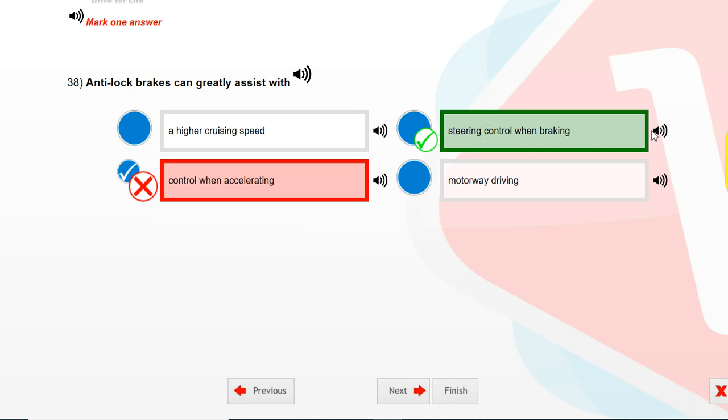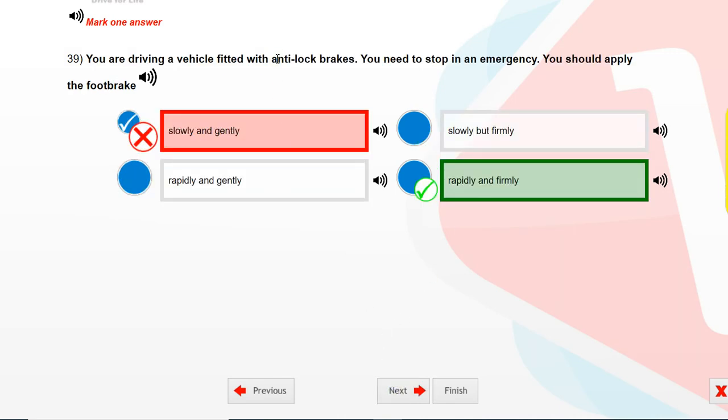Steering control when braking. You are driving a vehicle fitted with anti-lock brakes. You need to stop in an emergency. You should apply the foot brake. Select one answer. Rapidly and firmly.